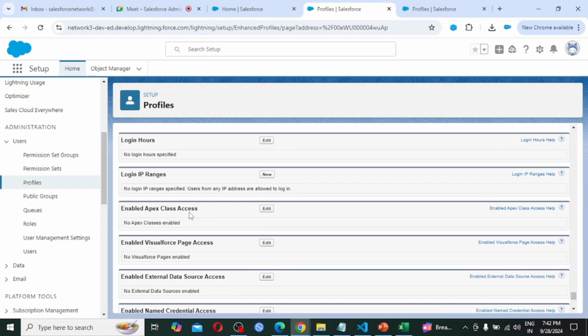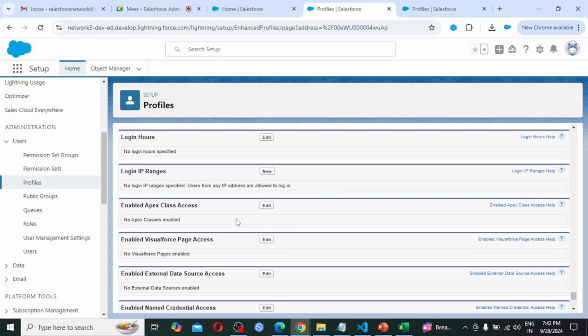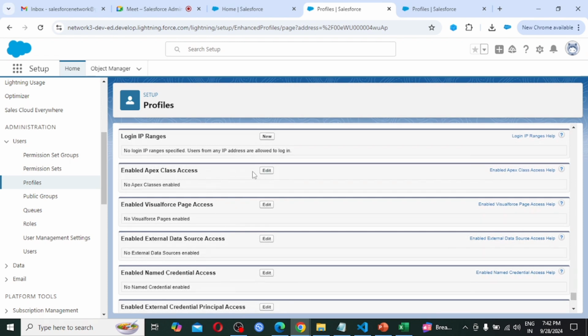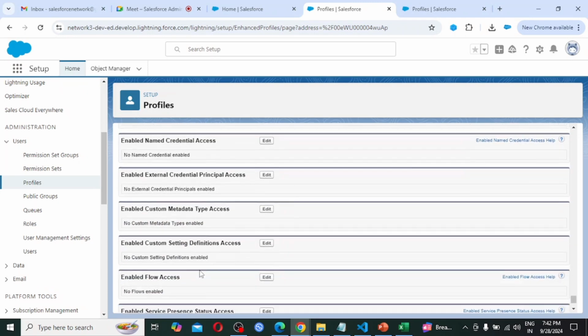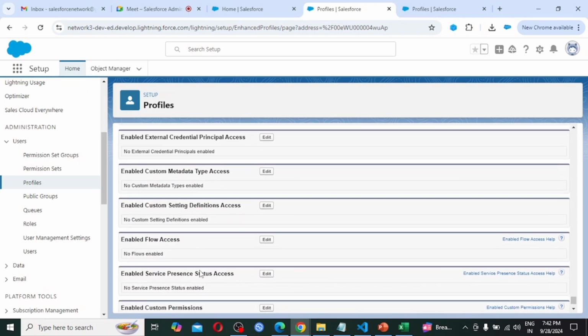Enable Apex class access. If I give an Apex class here, they can access it. Enable Visualforce page access, external data source access, named credentials. These are not too important for now.